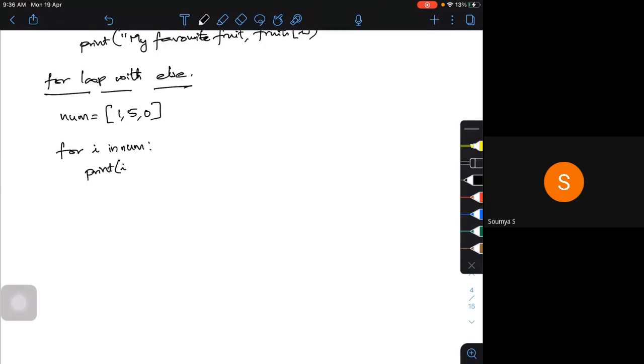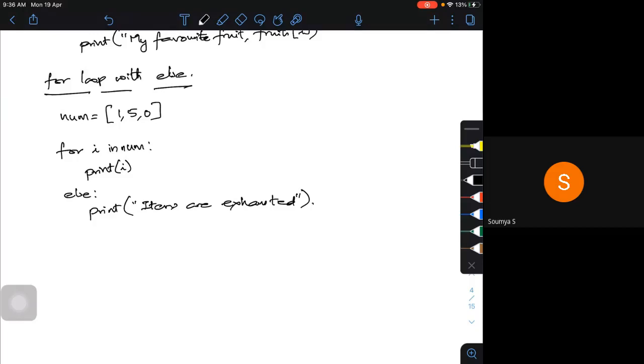Else, I'm going to say that the items are exhausted, or something like that. Items are exhausted. What will be the output when I try to run the program?